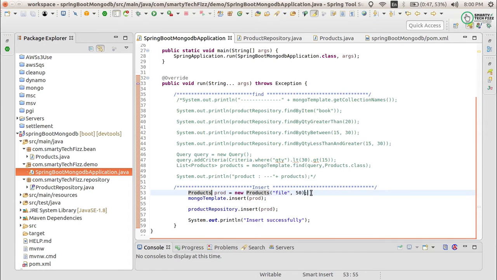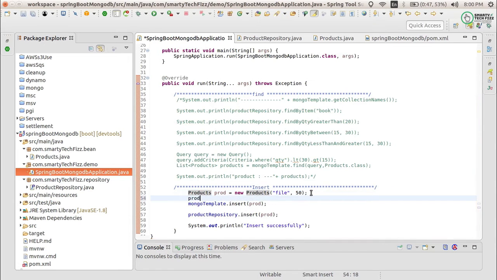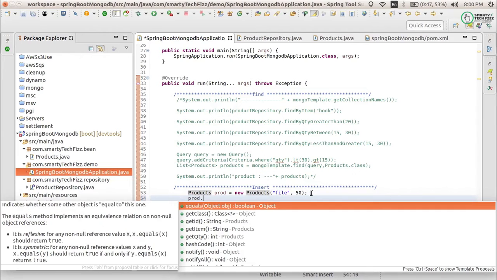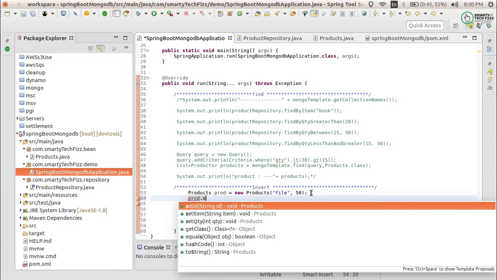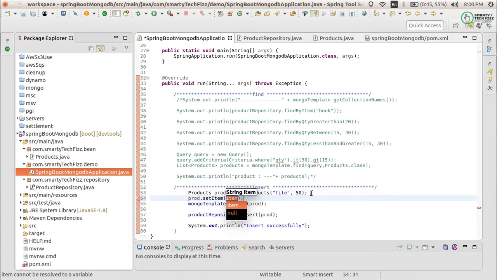If you want, you can also use the setters and set the items and whatever fields you have, or do it using the constructor. I have done it using the constructor because that was very easy for me. Using setters would also be easy. I just wanted to show you that you can do it like this.